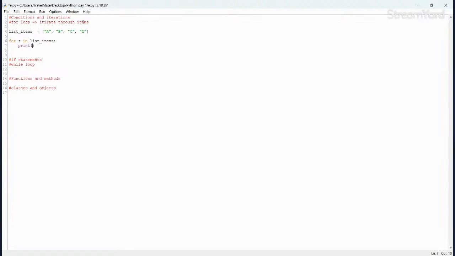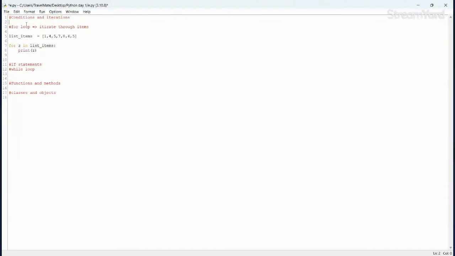Okay, so let's change my list items to numbers now. Let me say 1, 2, 3, and if I print list items once again, it should give us exactly the same thing, right? So that's the reason why for loops are quite important. It's because they help us to iterate through list items. So okay, let me close that. Cool, so we understand what for loops are meant for, simply iterating.